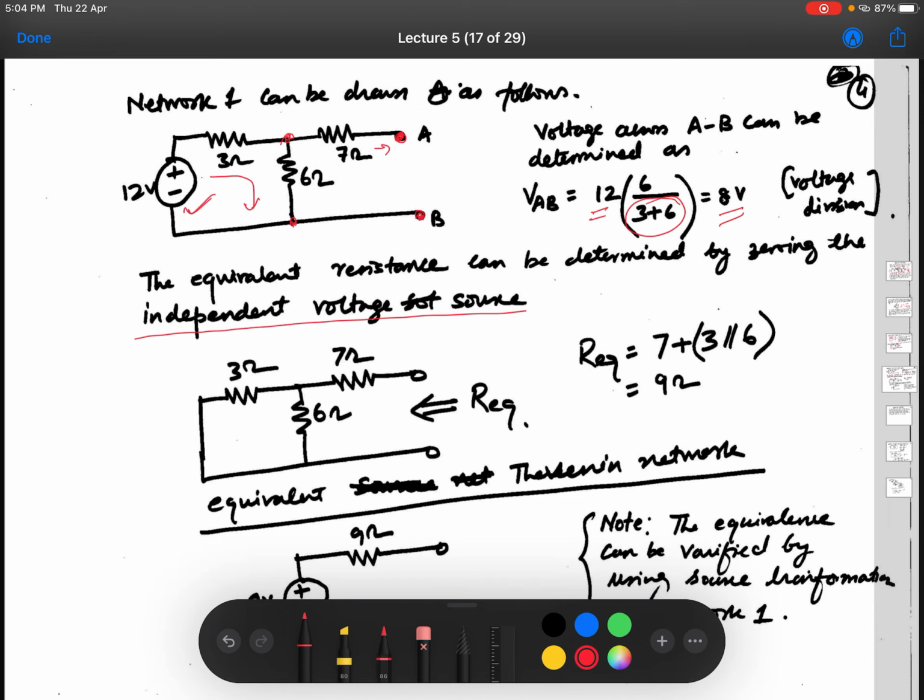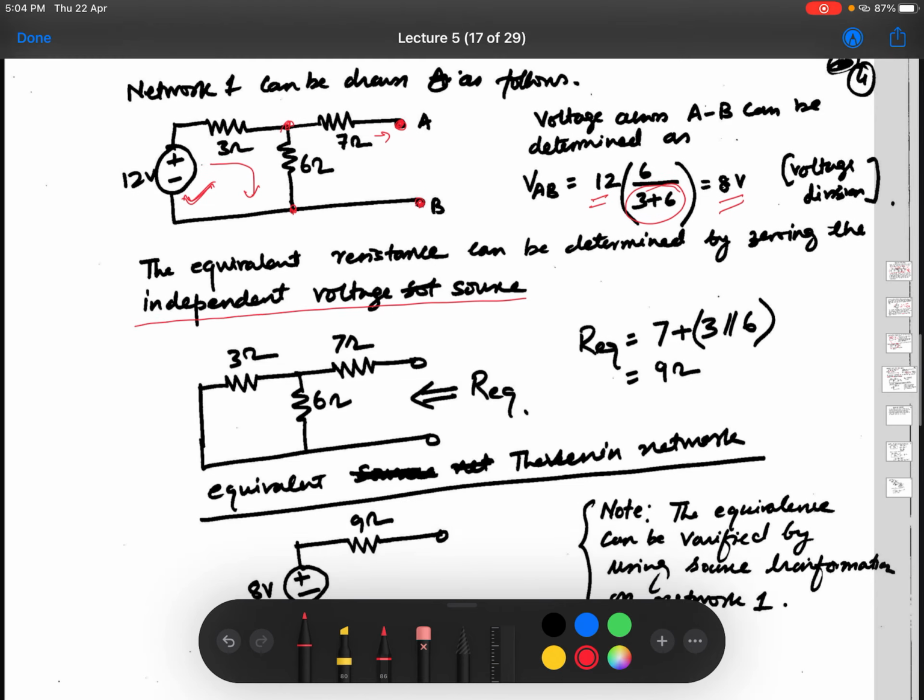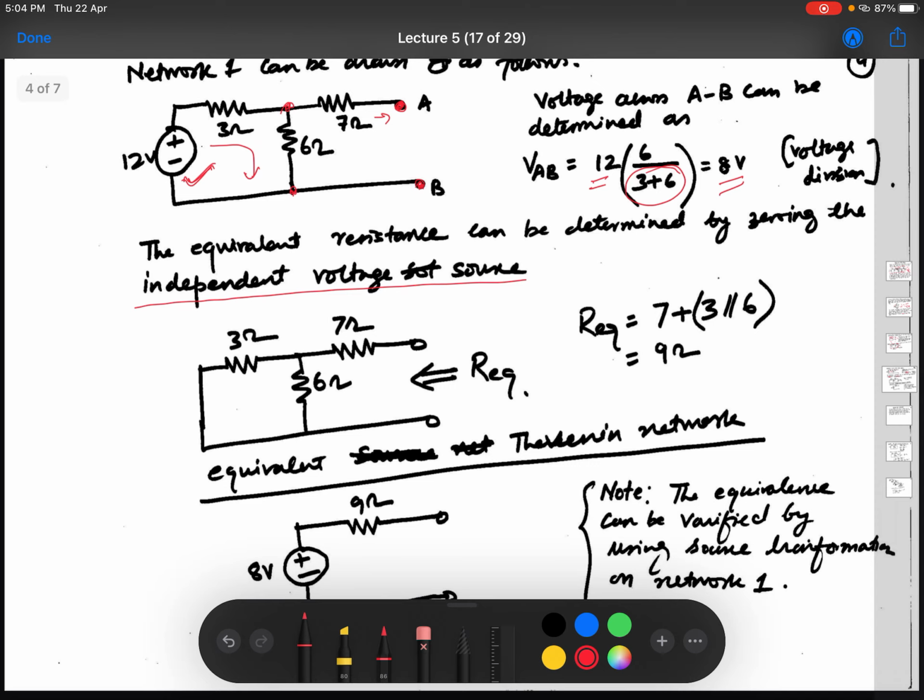So when you are removing this 12 volt source, we have already seen in the superposition theorem that removal of a voltage source means wherever the voltage source was connected, those terminals are to be short circuited, that is the voltage is to be made 0 around that, and that is the resulting circuit. And it is basically a connection of resistances, and for that you can find the value of R equivalent. And R equivalent, if you see, is nothing but a parallel and a series combination. These two are in parallel and in series with the 7 ohm resistance, and the equivalent resistance would come out to be 9.